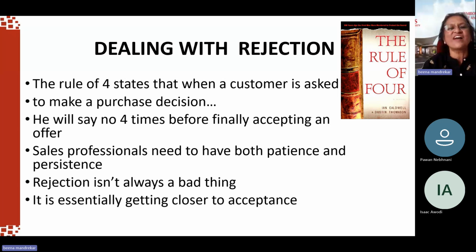When you go with this positive attitude, you are sure to win. Please remember that. And even if you get the 5th person saying no, it's all right. Increase your quota to 20. So go with this rule of 4 and convince yourself that everyone does not say no. You're just getting closer. If you're getting 3 rejections in a row, you're getting closer to being accepted.